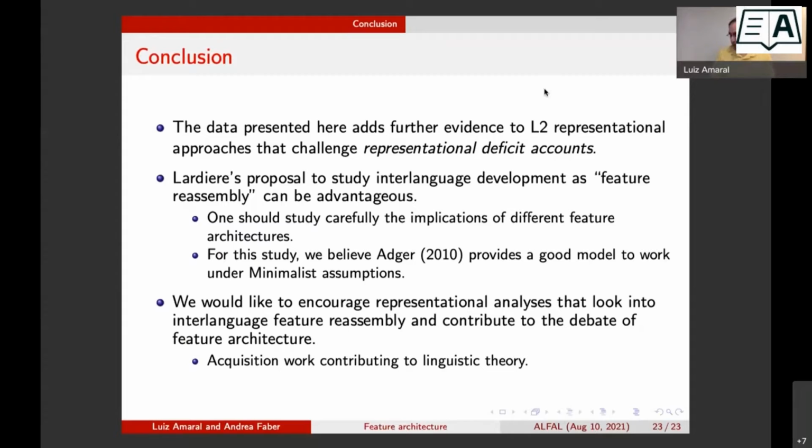What we would actually like to see, so for example, when Lardier published her 2009 paper, Susan Carroll wrote a response paper where she says, well, why don't you abandon this architecture and go for and suggest using another one? But it was a response paper and it was really short. So I think that what we need to do is look at the phenomenon, and we need to look at our data